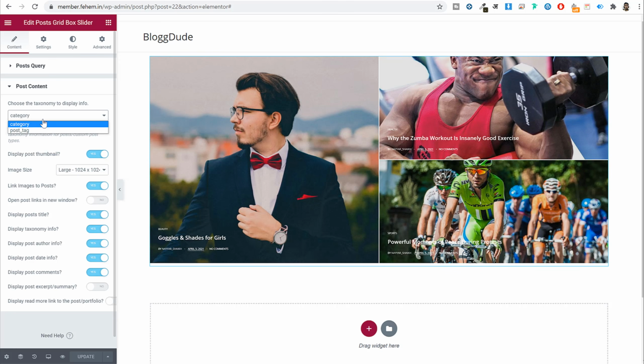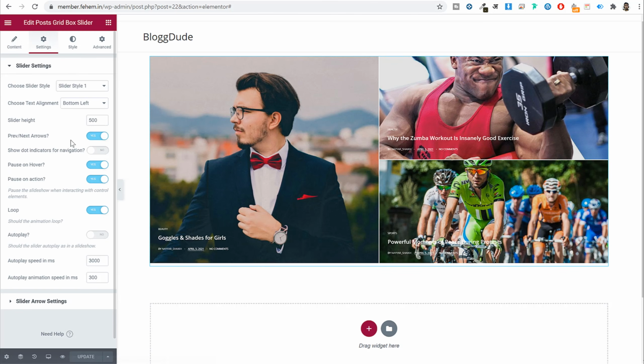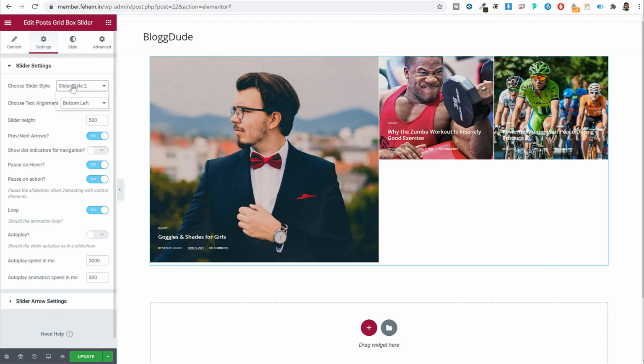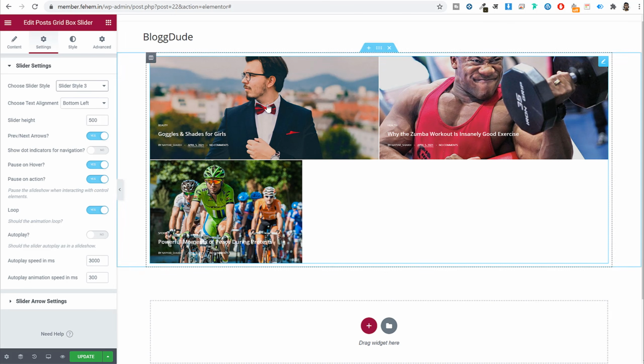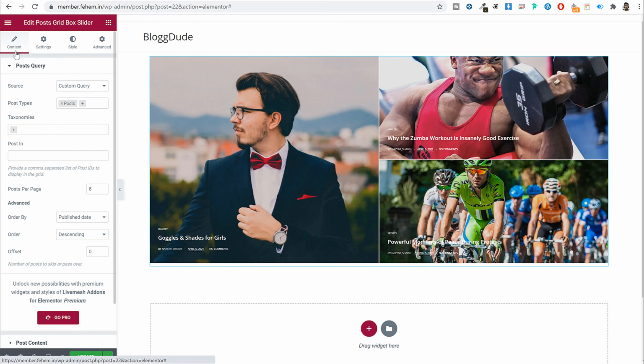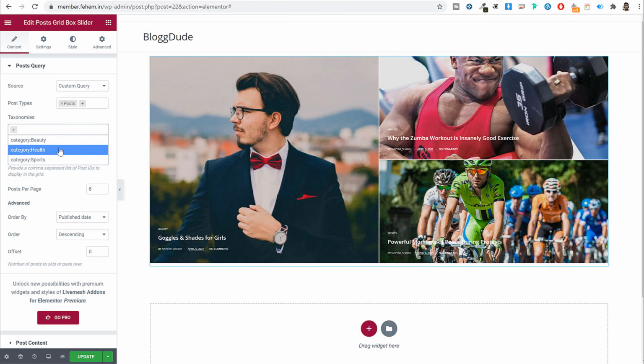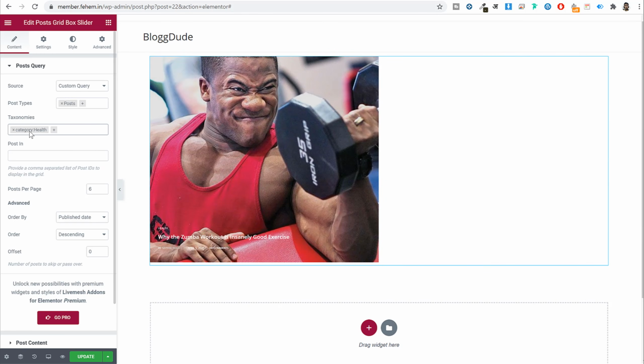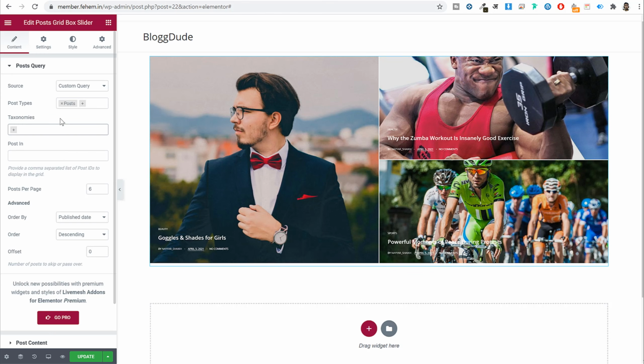So if you want to show the category, you can. If you go to settings, you can change the slider style as well. If you select style 2, this is how style 2 looks. If you select style 3, we have this style 3. So several styles are available. Again, make sure to go to content and choose whatever you want to display. Maybe I want to display only posts in the health category. Now as you can see, only one post is shown. So if you want to do some changes like this, you can do it as well.